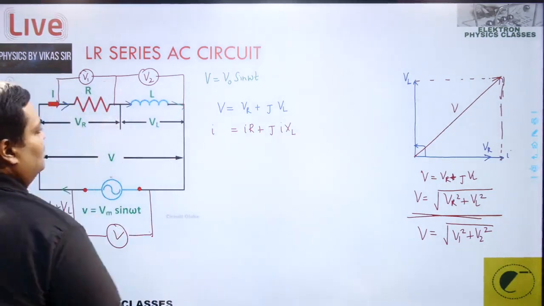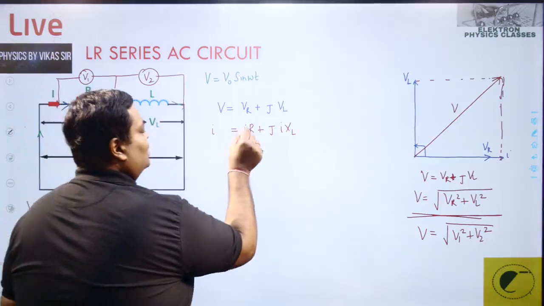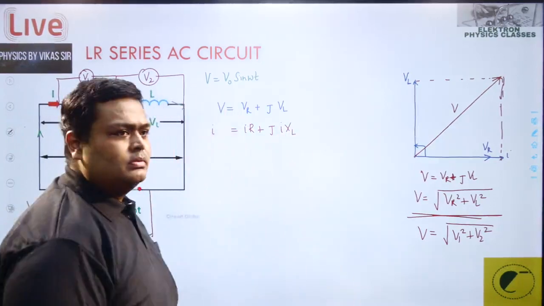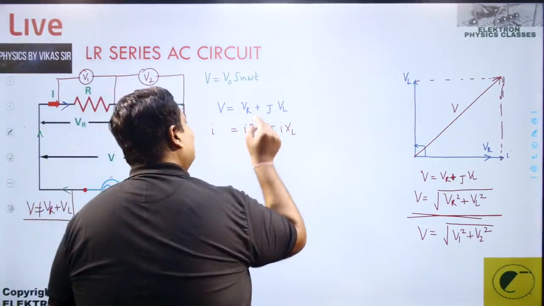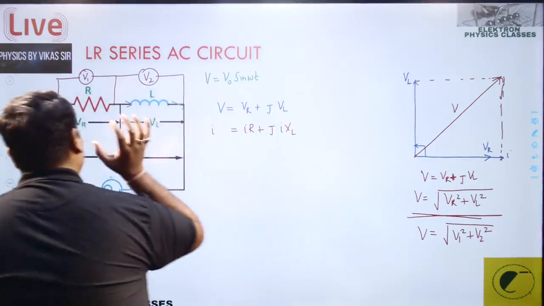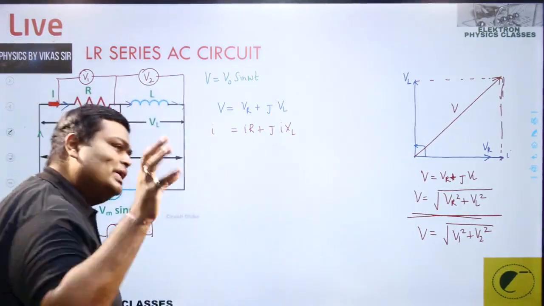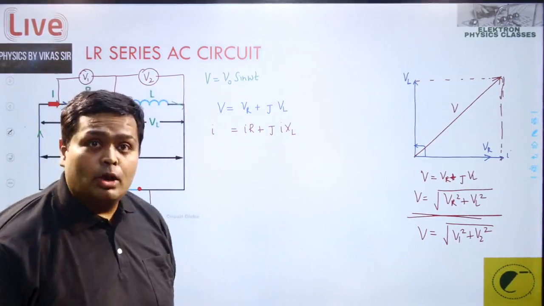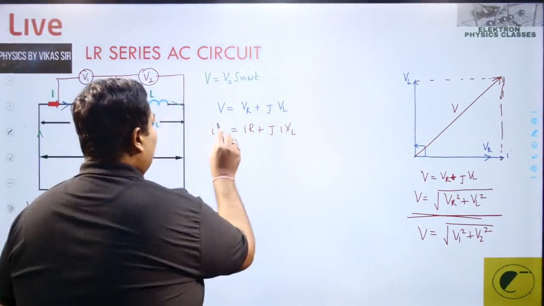I इंटू what? I इंटू what is R सर? ऑपोजिशन। I इंटू XL, what is XL? ऑपोजिशन। R किसकी ऑपोजिशन? रेजिस्टेंस की। XL किसकी ऑपोजिशन? इंडक्टर की। पूरे सर्किट की ऑपोजिशन, नया नाम ढूंढो।